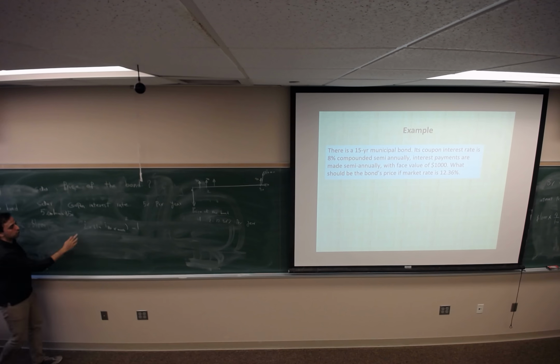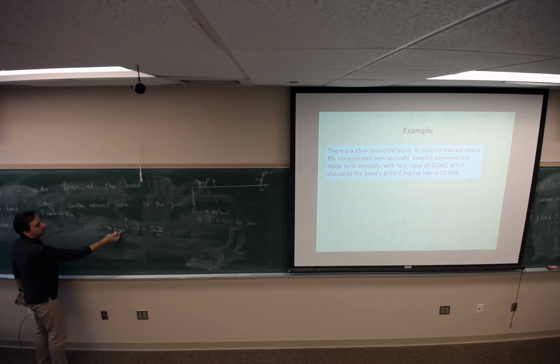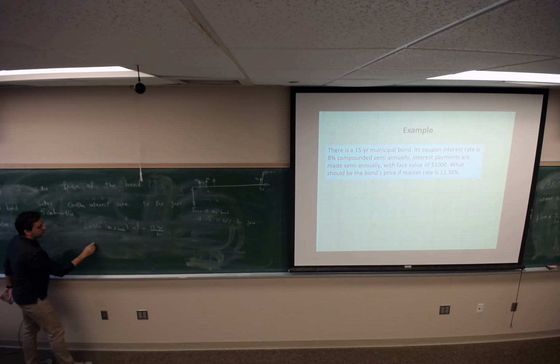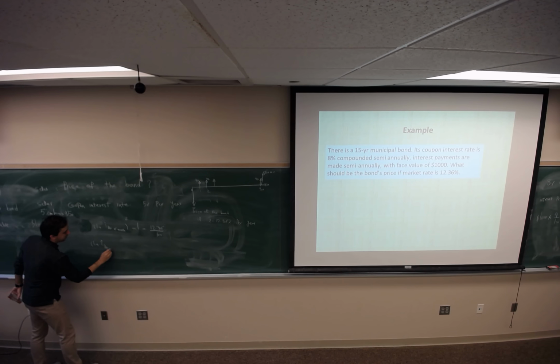So this is 12.36%. We are looking for i per 6 months. So it's gonna be (1 plus i per 6 months) squared